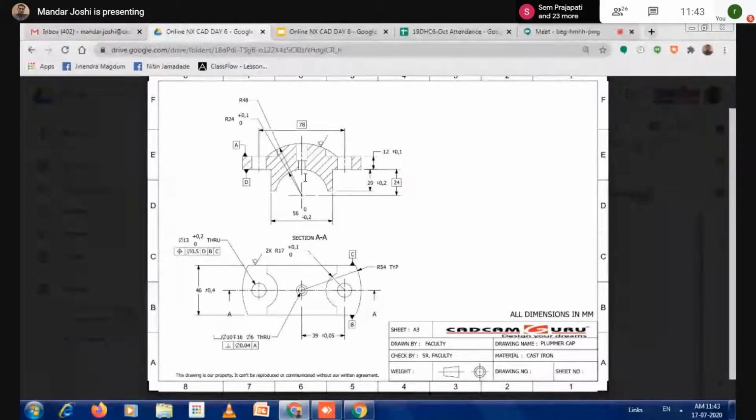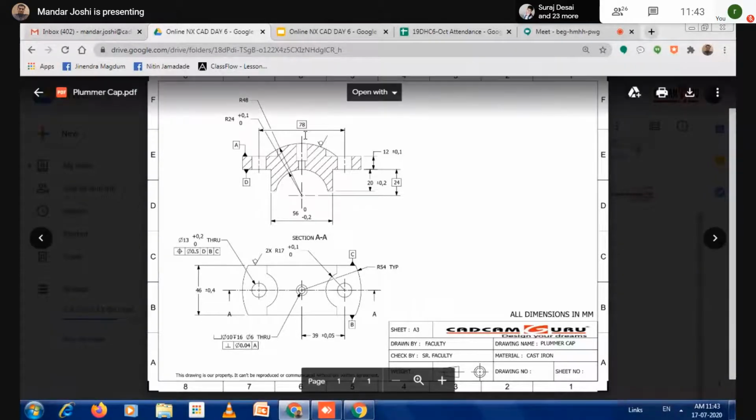There we understood the basic limitation of the hole in NX. You cannot create the hole directly on the curved surface, isn't it? Is it correct? But what is my requirement as per the drawing? The hole is given directly on the cylindrical face. And how can we achieve this? Correct?